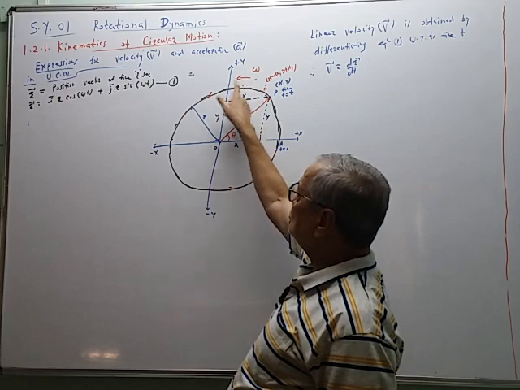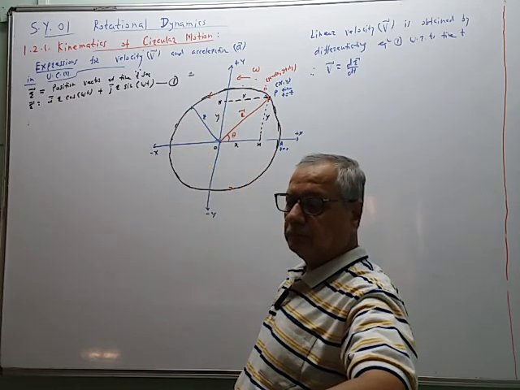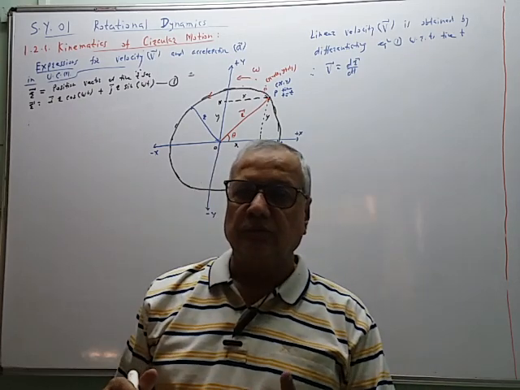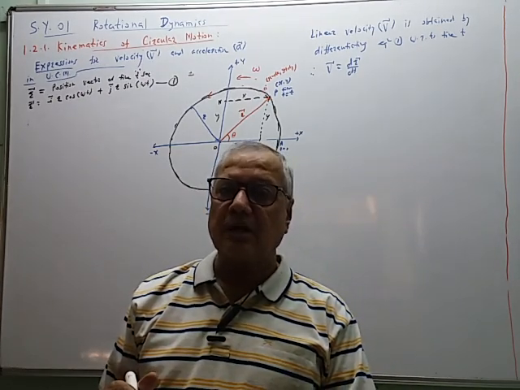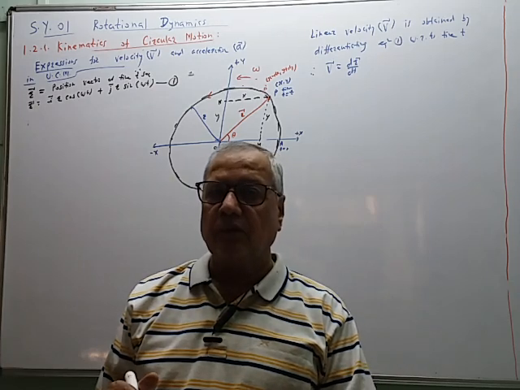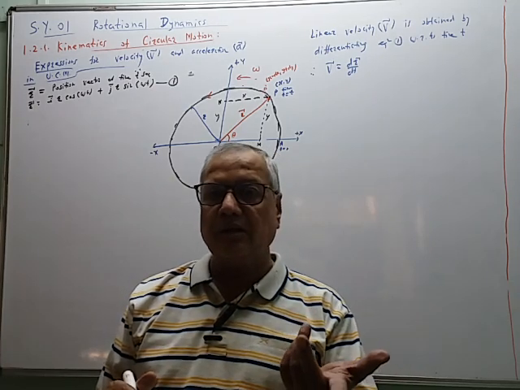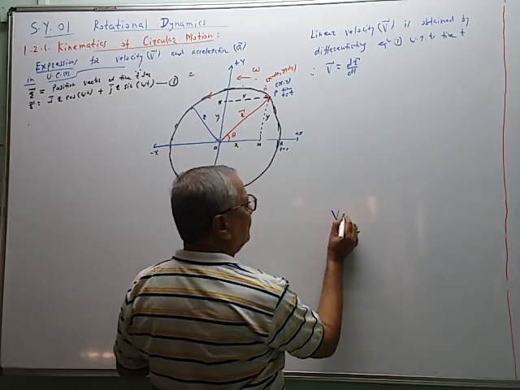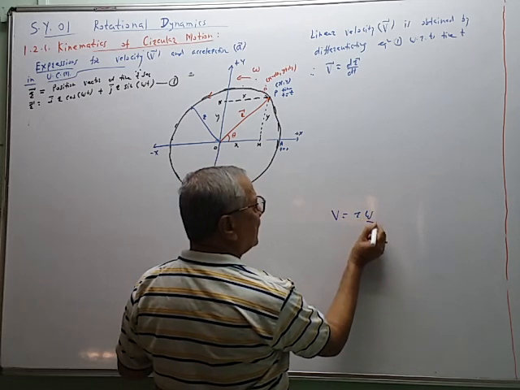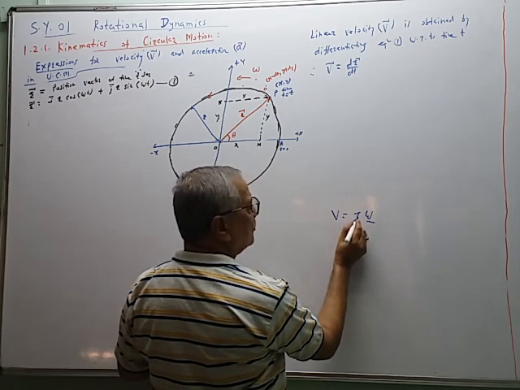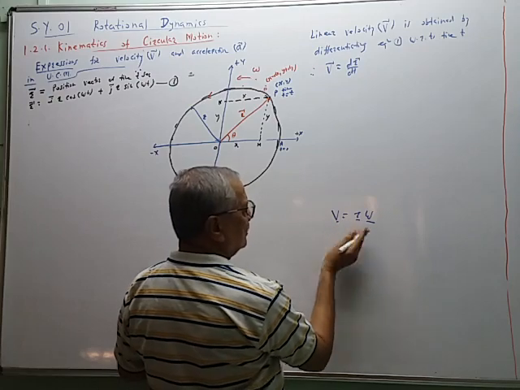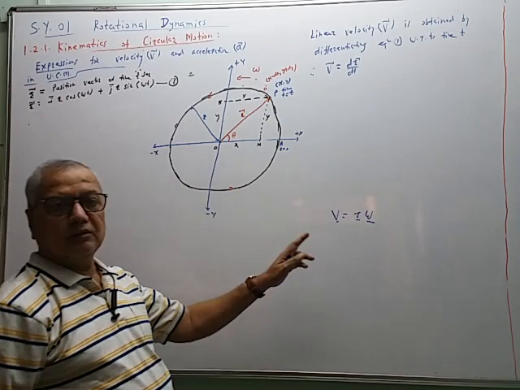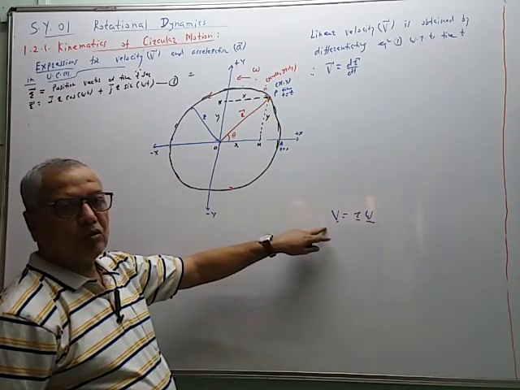Why is omega constant? Because the motion is UCM. So we know the definition of UCM: the motion of a body along the circumference of a circle with constant speed. Both speed, linear speed v as well as angular speed omega. Now we know the relation v equals r omega. So if omega is constant, the radius of the circle is constant for a given circle, therefore v is constant. If v is constant, then omega is constant. If omega is constant, then v is constant. So both the angular speed as well as the linear speed are constant.